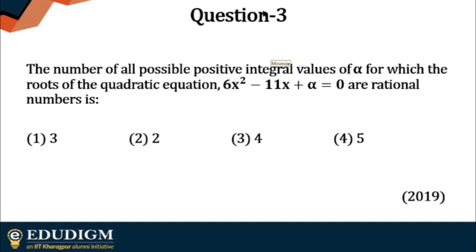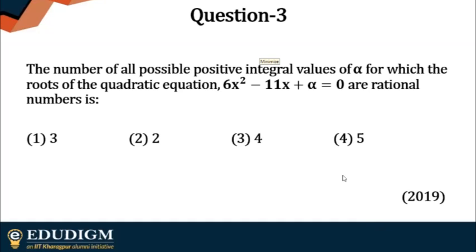Mahek, have you considered alpha equals 0? So you are saying this is option 2, which is actually 2. Let's just see other things. Nope. Okay, so you got 2 numbers, right? All right, I'll just reveal the answer so that you can see which one you have missed out on.